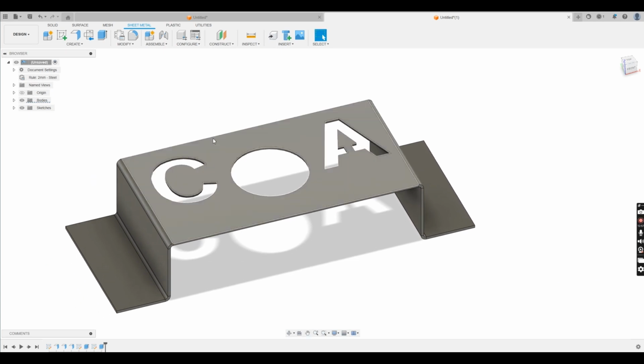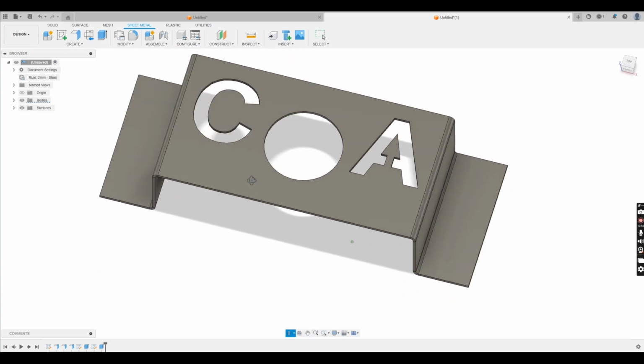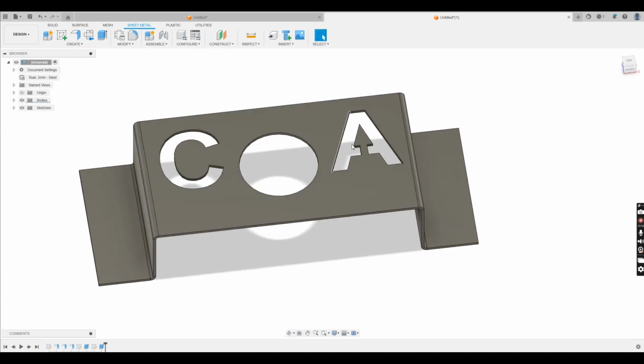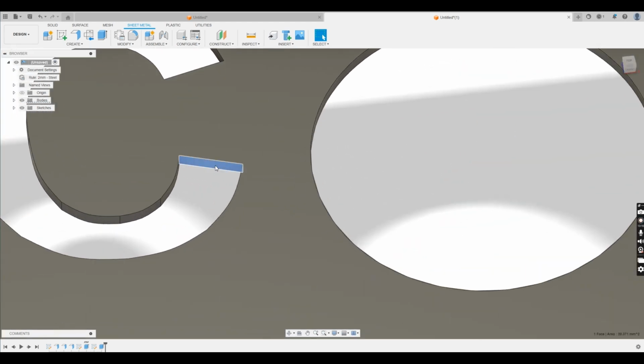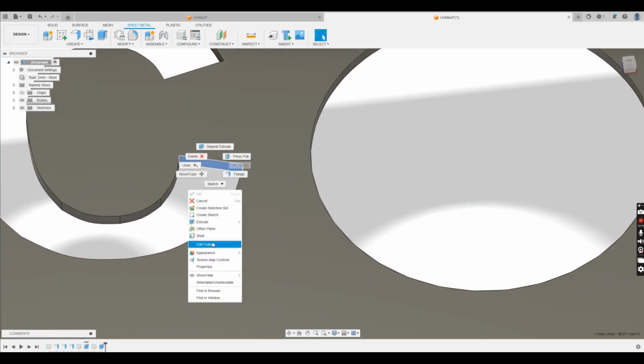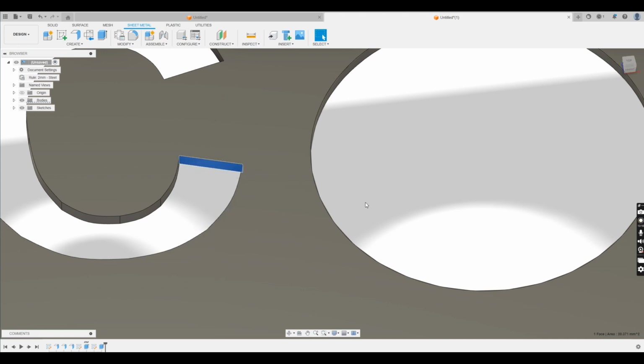So the next step after this is created, let's say we're happy with this part. Actually, you know what, I'm not happy with the part. So I want to put the C and the A further down on the part so they're more symmetrical with the middle. So how I can do this is I can actually come in and click a part of the shape that I want to edit, right click and edit feature. Or alternatively you can see